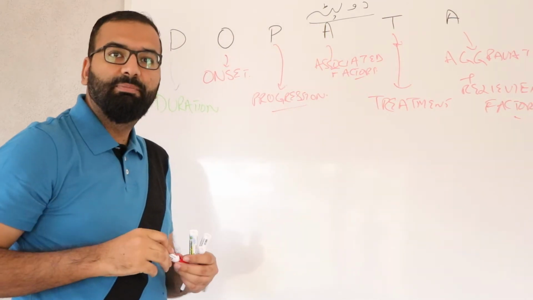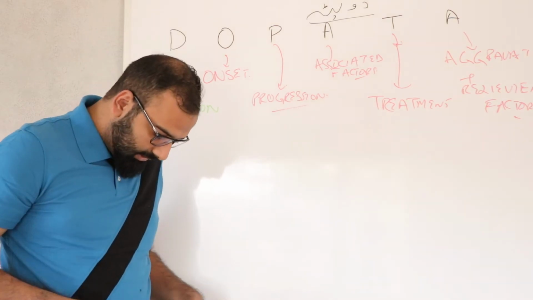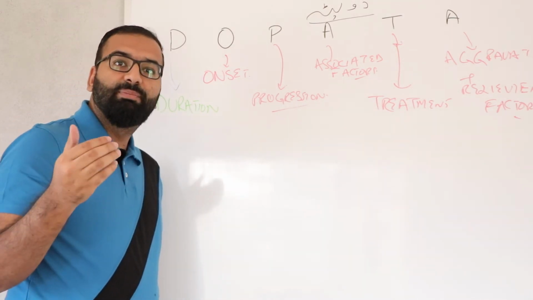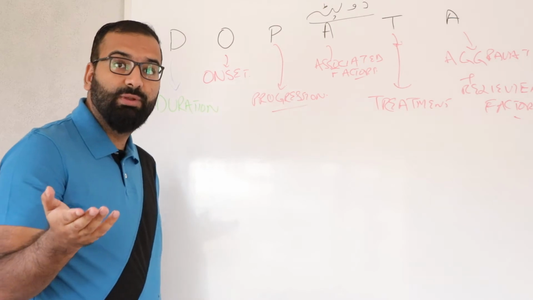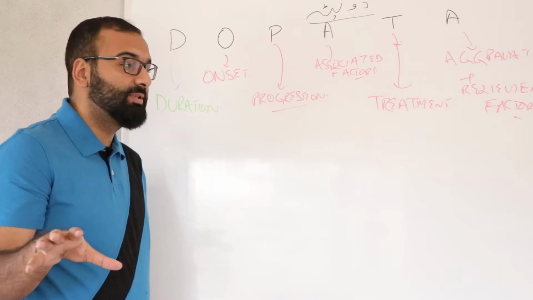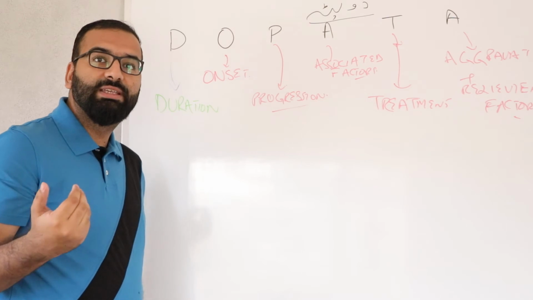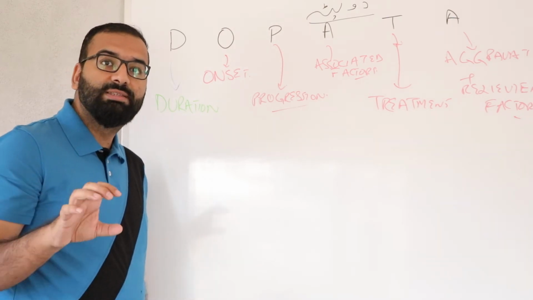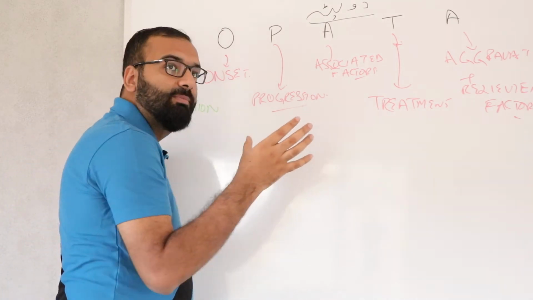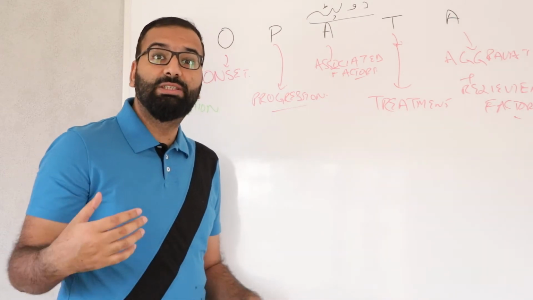So for example, the patient comes to you with the complaint of nasal obstruction since last 6 years. So what you would be doing is that, first of all, if the patient has nasal obstruction, you will ask the duration, for how long the patient has the nasal obstruction. Then you will ask about the onset. You will ask whether it was abrupt in onset or was it slowly progressive in its nature. Then you will ask for the progression of the nasal obstruction, whether it continued to progress or regress over time.